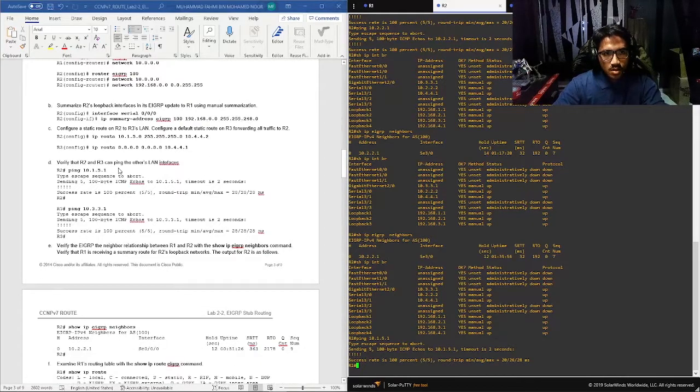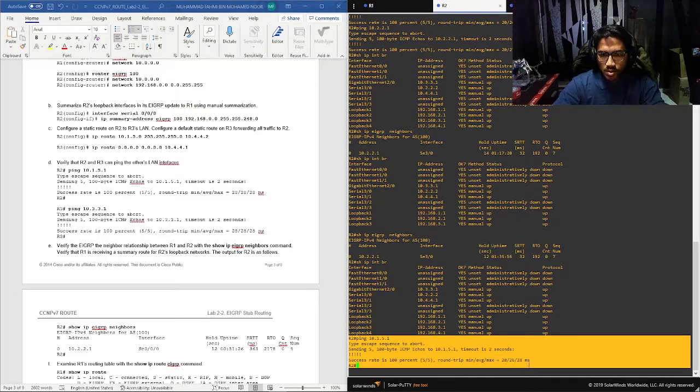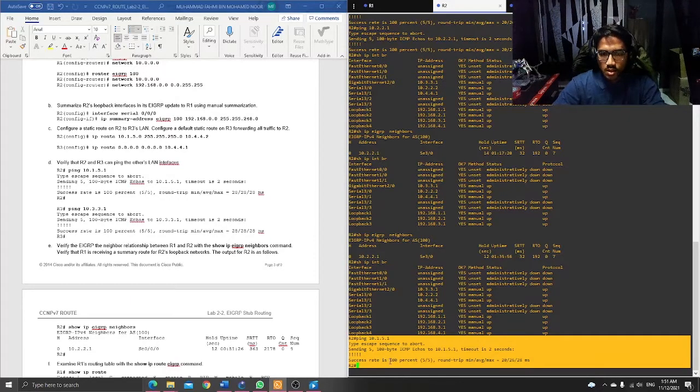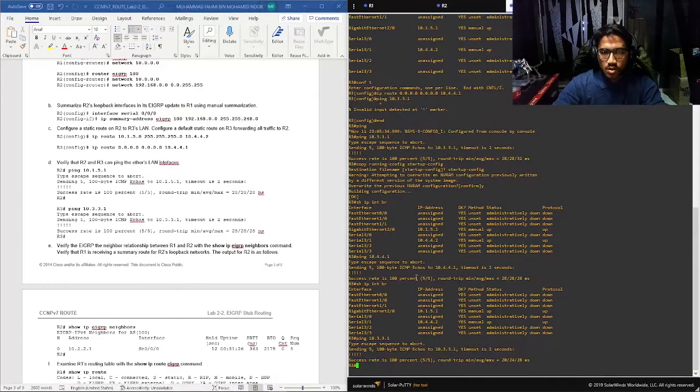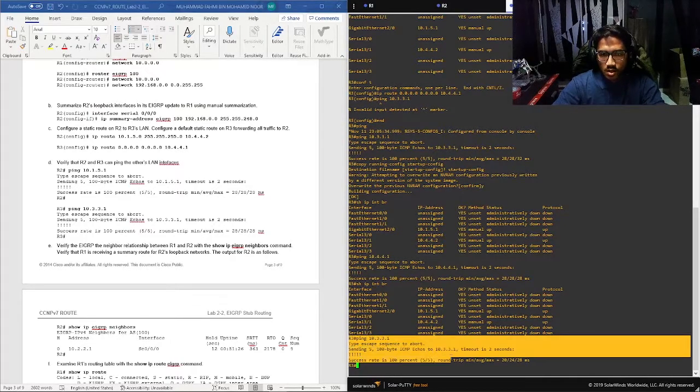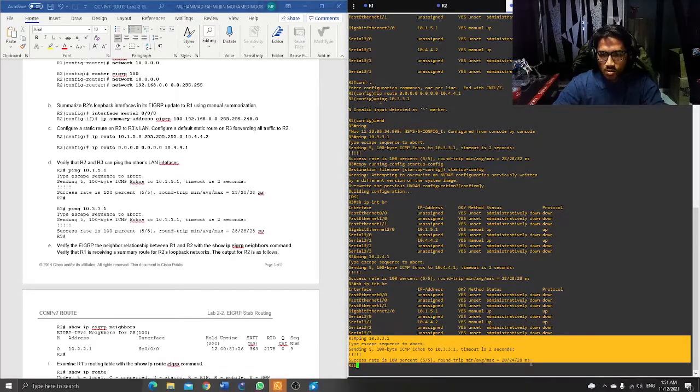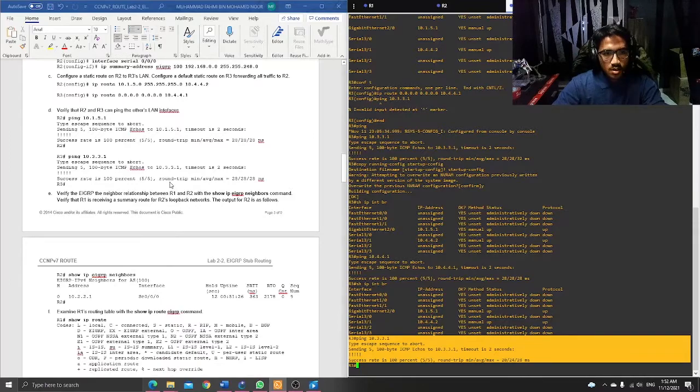Next, D, I will verify that R2 and R3 can ping the other LAN interfaces. So I already pinged from each router. For router 2, this is my ping, so I ping 10.1.5.1, and the result is successful, the success rate is 100%. So on router 3, I ping 10.3.3.1, so the result is also successful, 100%. Then